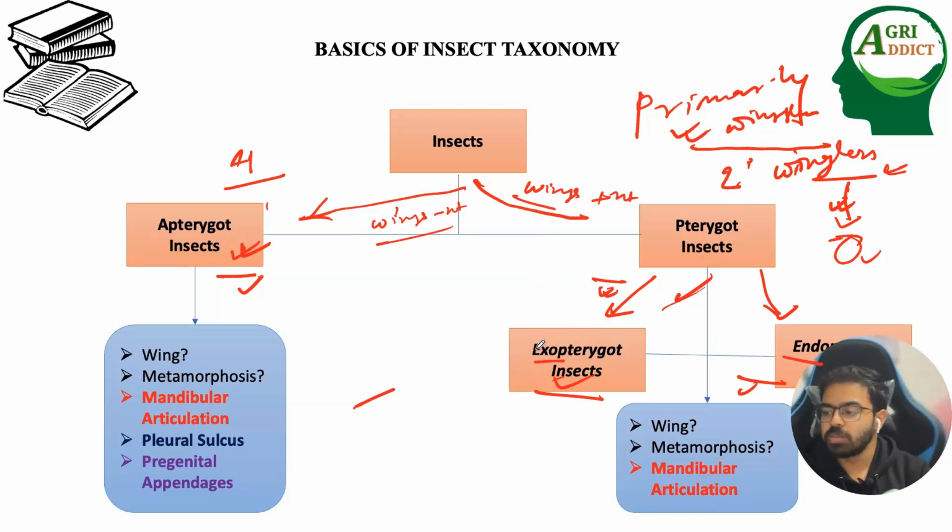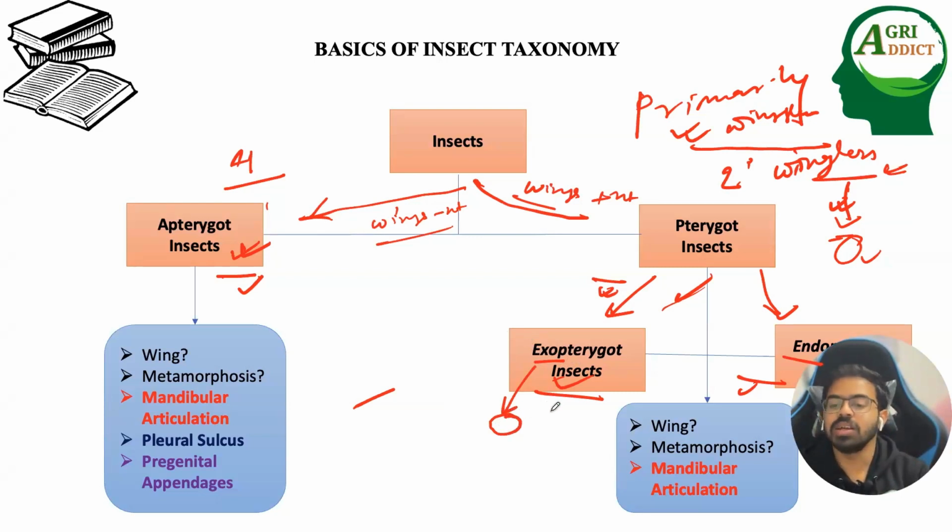What is the meaning of exopterygote and endopterygote? Exopterygota means externally developed, sir. Wings, sir. Externally, yes, everyone says the same: wings developed externally and wings developed internally. Exo, I want to know. External, sir. Endo, internal development. Yes, I know that everyone tells it like this, but I want to know one thing,